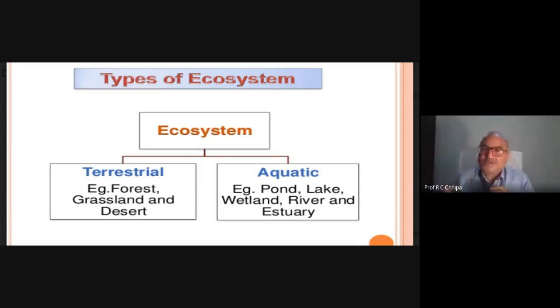Our houses, bigger buildings, roads, all that infrastructure are also related. So the ecosystem is based first on water,